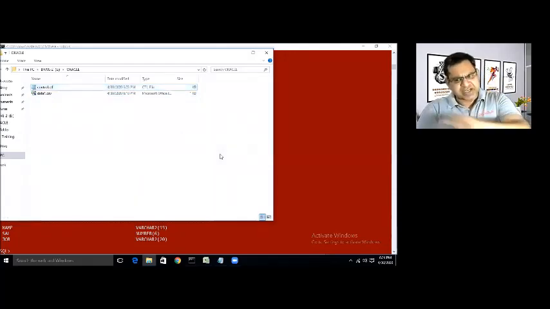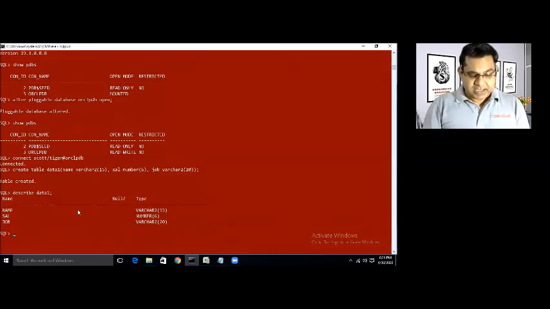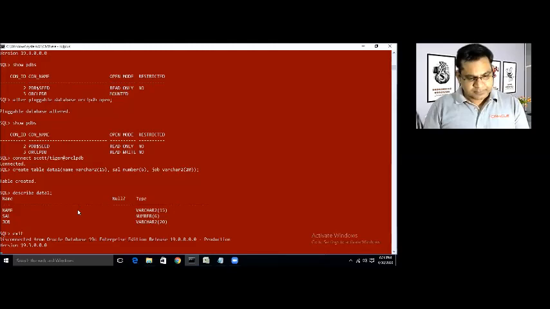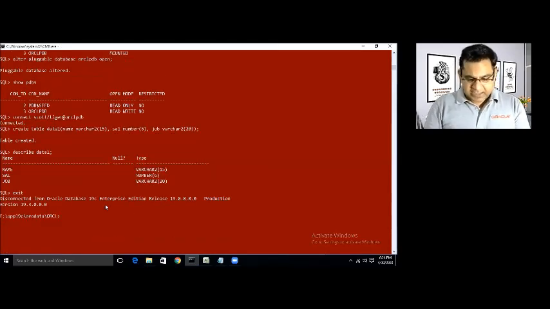We just have to run a single command and all set, right? Make sure that at the command prompt you are at the same location where you saved the file. In my case, I have the E drive and the folder Oracle in drive E. So I'll go to that location. I'll come out of this SQL prompt. I'm out of it, and now I'll go to the E drive.